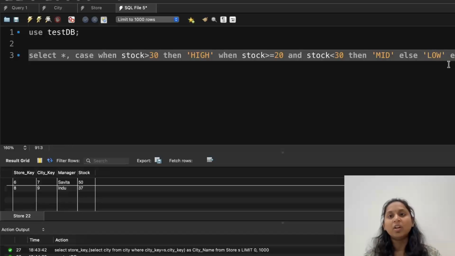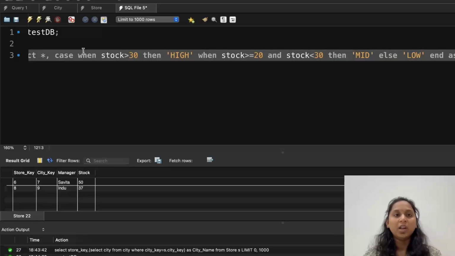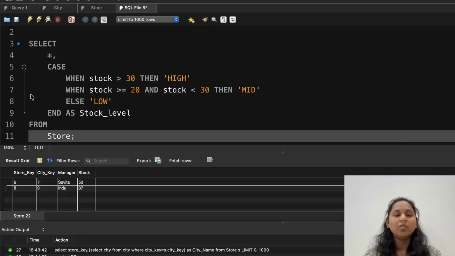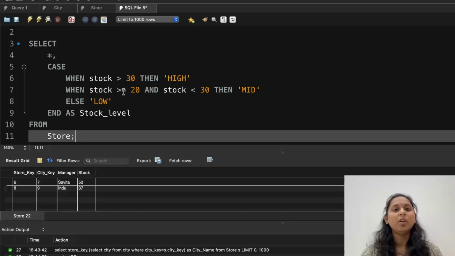Do I require a condition for low? No. Now same, this is the brush I use. Okay, you want to see again how I can do it. Select your query and click on this. Okay, it will convert your query into this form, and this will look more appropriate. It will look like an if else ladder. If something belongs to this, you do high. If it belongs to this condition, they label mid, and if it does not belong to these two, we label them as low. Fine, everything is fine. Or something else we require to do?